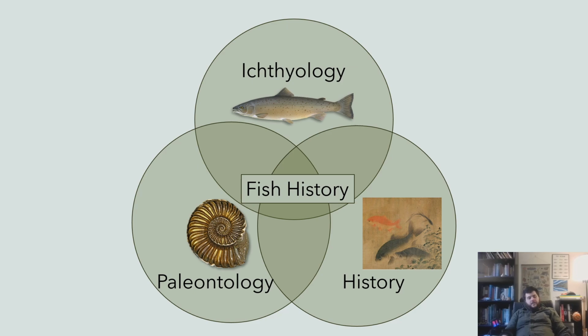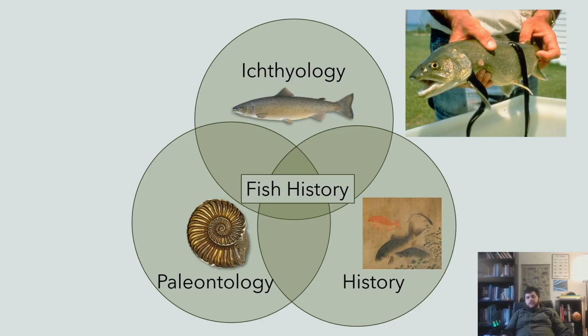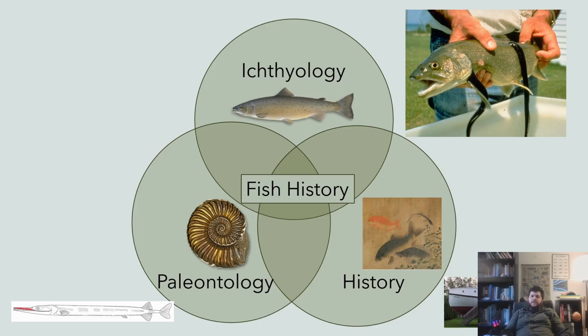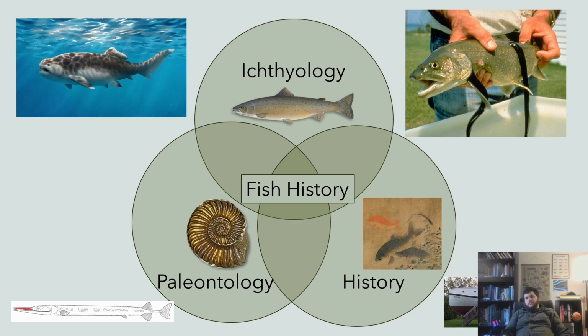So, fish history. In this very short introductory lecture, we've talked about ichthyology, paleontology, and history. We've learned about invasive species like the sea lamprey. We've learned about historical, unfortunately, destruction of fisheries like the Great Lakes fishery and my great grandfather's fishing boat. We've learned about really crazy fossil species like Serichthes with this weird anatomy and the fact that this body form has shown up multiple times. And of course, we've learned about some interesting extinct fishes like Protitanichthes here. So I hope you've enjoyed.